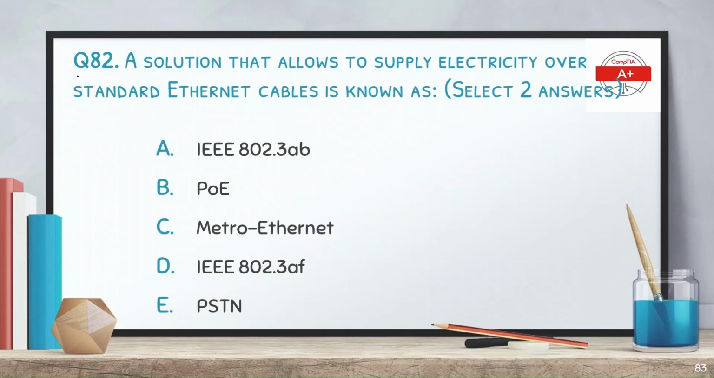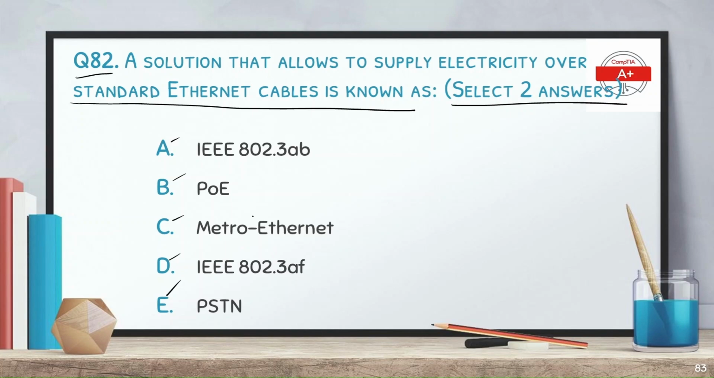Question number 82 is that a solution that allows to supply electricity over standard Ethernet cables is known as, we have to select two answers and the options are A. IEEE 802.3AB, B. PoE, C. Metro Ethernet, D. IEEE 802.3AF, and E. PSTN. And the correct options are PoE and